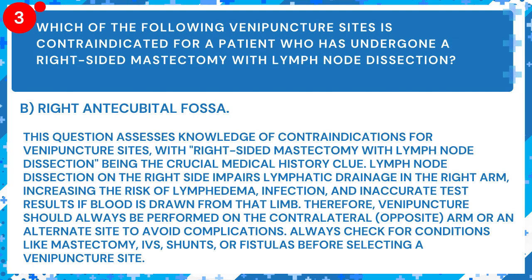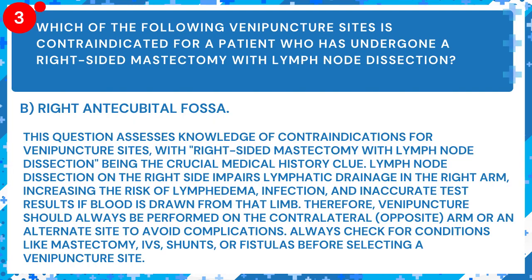Answer: B. Right antecubital fossa. Explanation: This question assesses knowledge of contraindications for venipuncture sites, with right-sided mastectomy with lymph node dissection being the crucial medical history clue. Lymph node dissection on the right side impairs lymphatic drainage in the right arm, increasing the risk